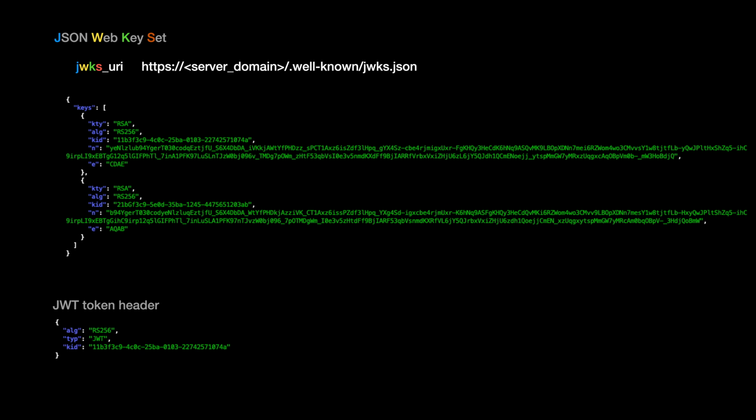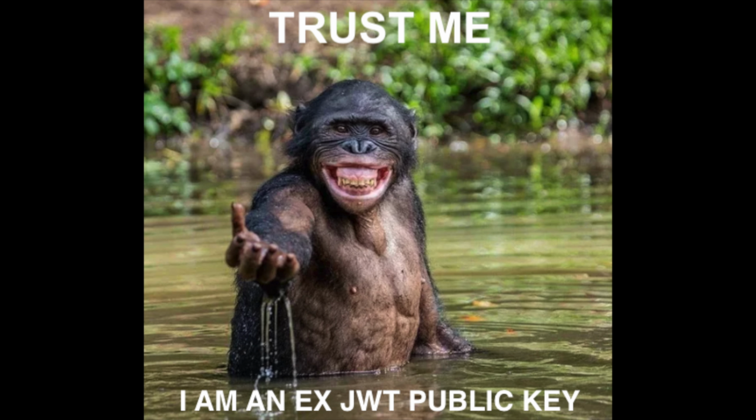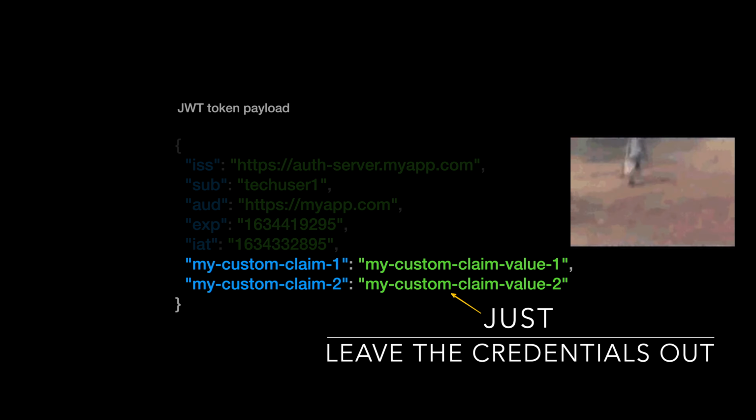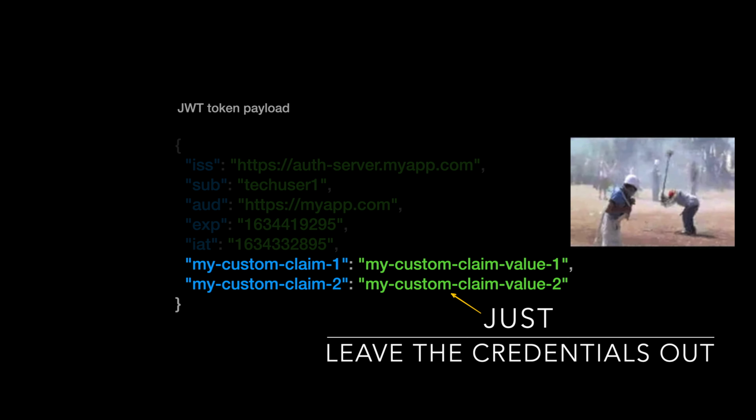The JWT token header can have a key ID field that specifies which of the exposed public keys should be used for validation. It's just that the outdated rotated public key should be available for signature validation for a longer period of time than the JSON Web Token expiration time. Lastly, the JWT is quite flexible as it can be easily enriched with custom claims depending on your application and requirements. And that's it.